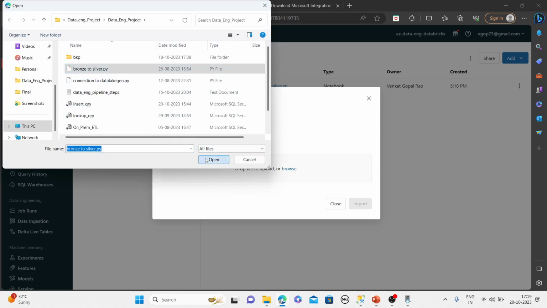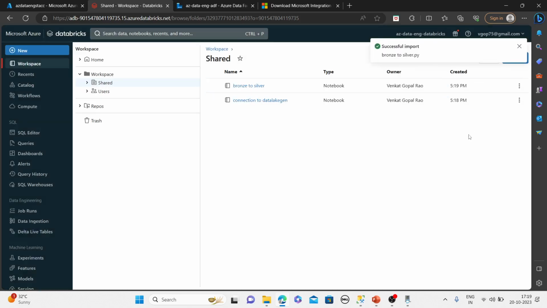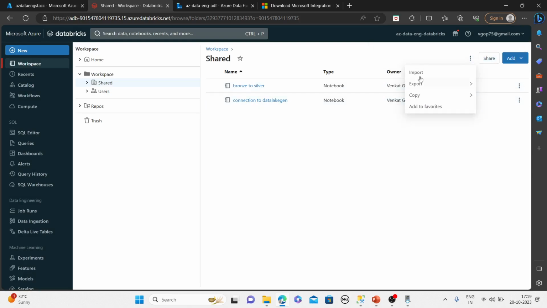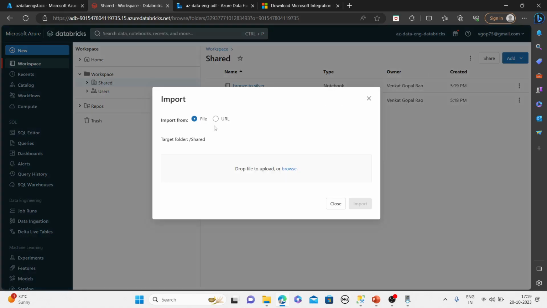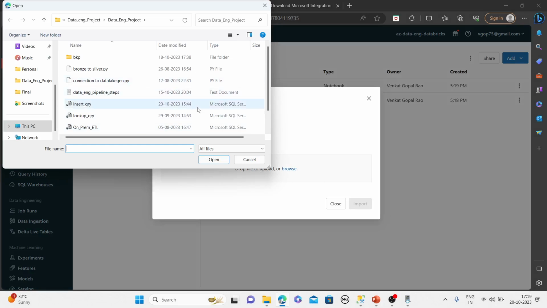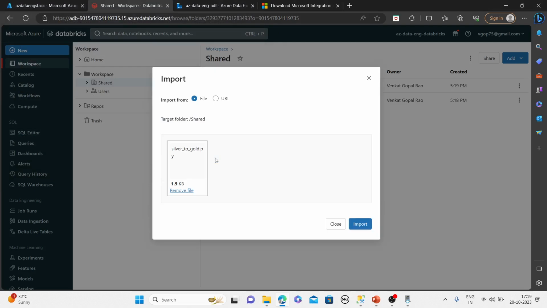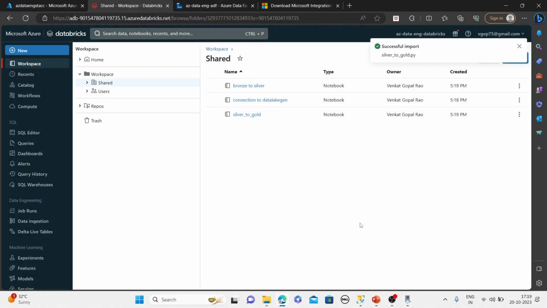the next one is silver to gold. Yeah, this one. So now let me explain what I'm going to do here. So in the first notebook,